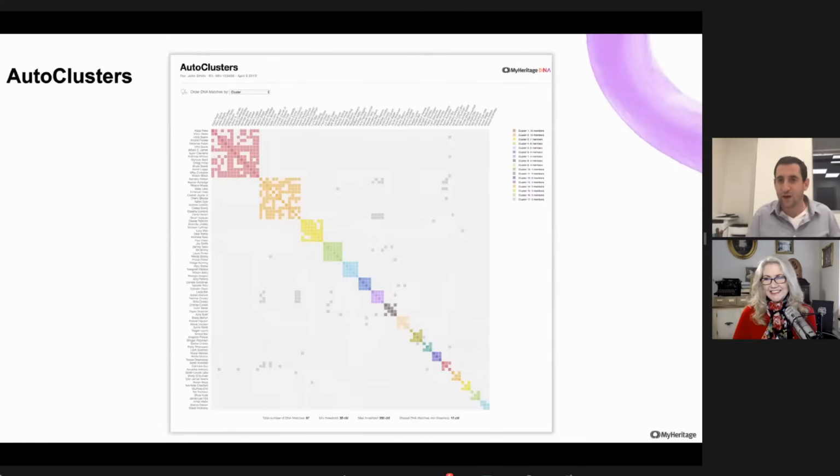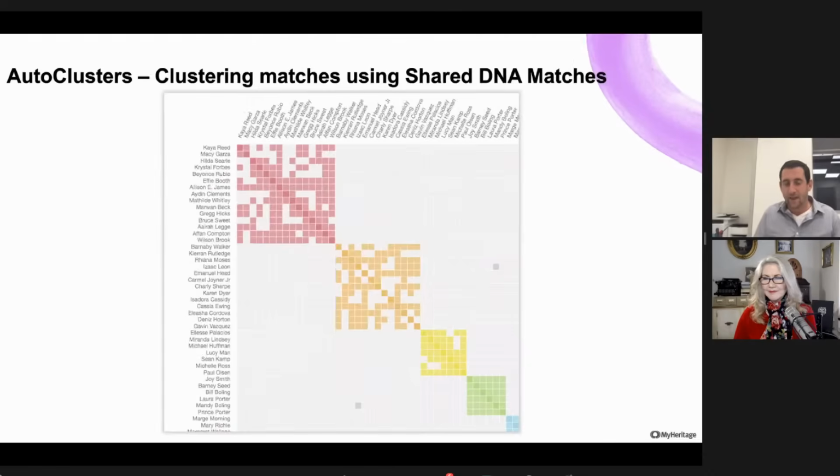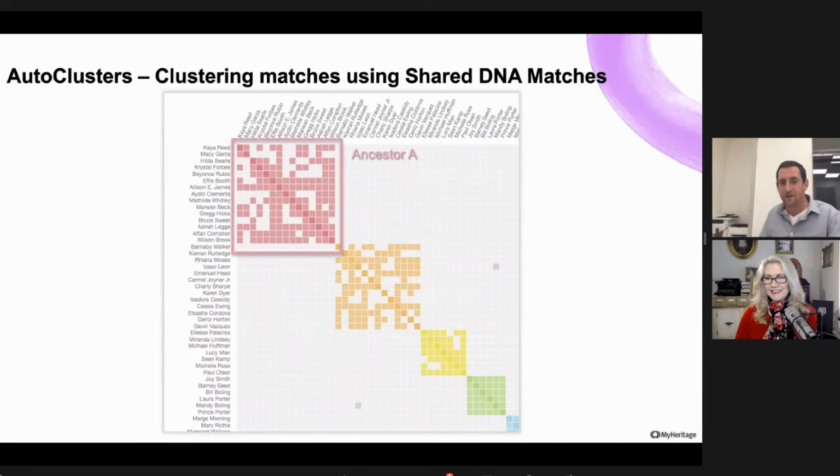the auto clusters feature we have, this is something we released 2 years ago at RootsTech, celebrating 2 years this month. Auto clusters is a feature we worked on that takes all of your DNA matches and runs combinations between them, seeing who's connected to who. And it's breaking them down into those groups, clusters that you can look at. It's a topic we can talk about in a whole different session. But basically what this does is that it groups your DNA matches together into clusters, which have descended from one ancestor or a couple